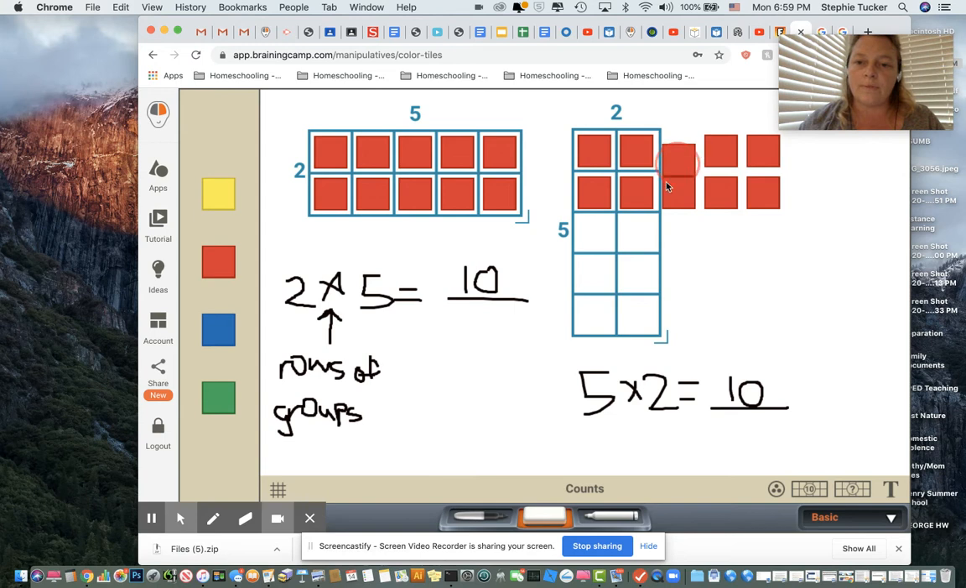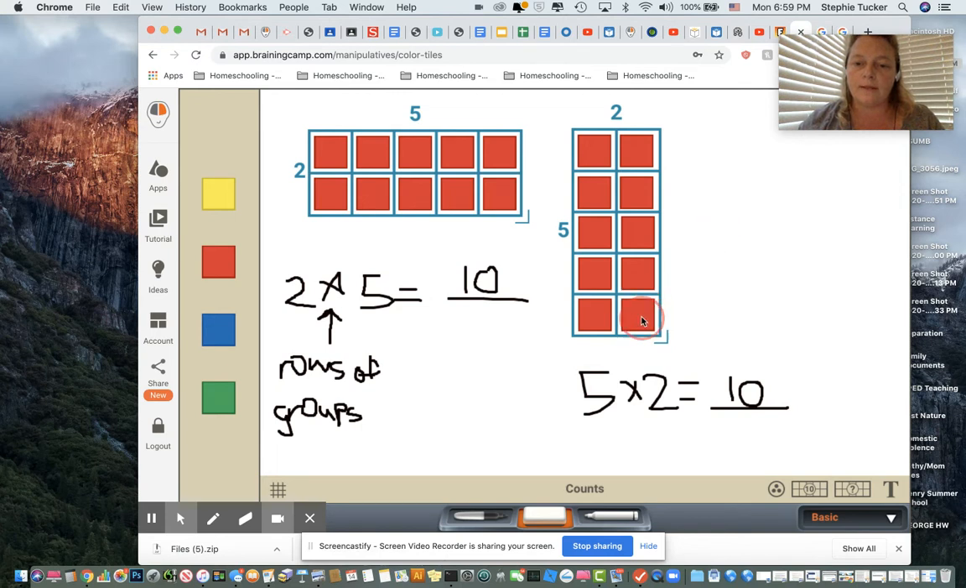And then I can move my color tiles in and see if it's going to fill this up, or if I have extra, or if I have some left over, and test my theory, the commutative property, that they're the same. And look, they are. I have this all filled up, which means I have 2, 4, 6, 8, 10 squares or tiles in this array as well. So that's one way that you can play around with color tiles to test out the commutative